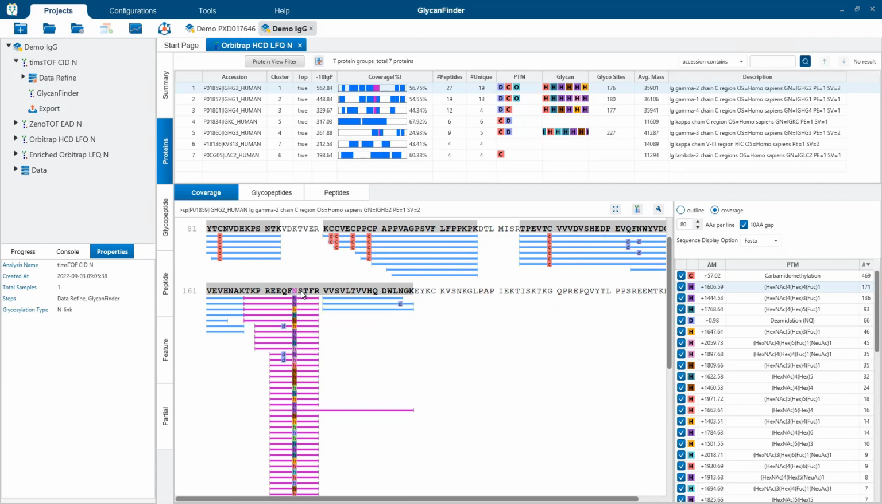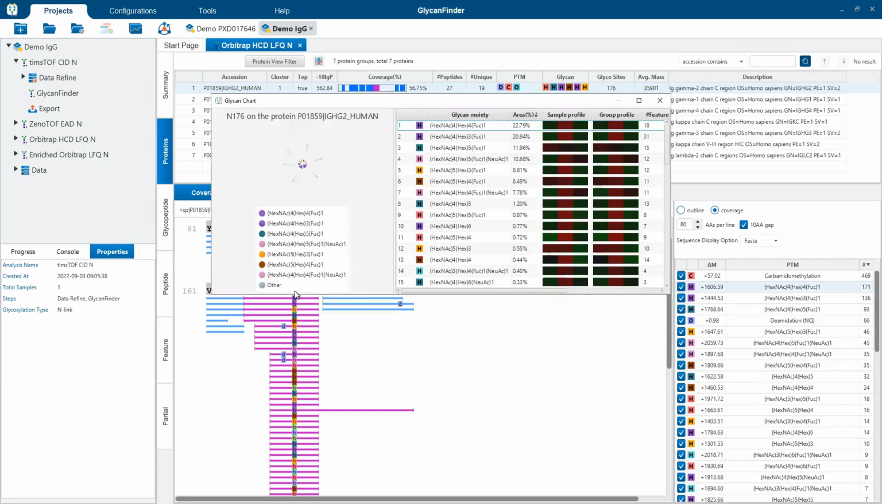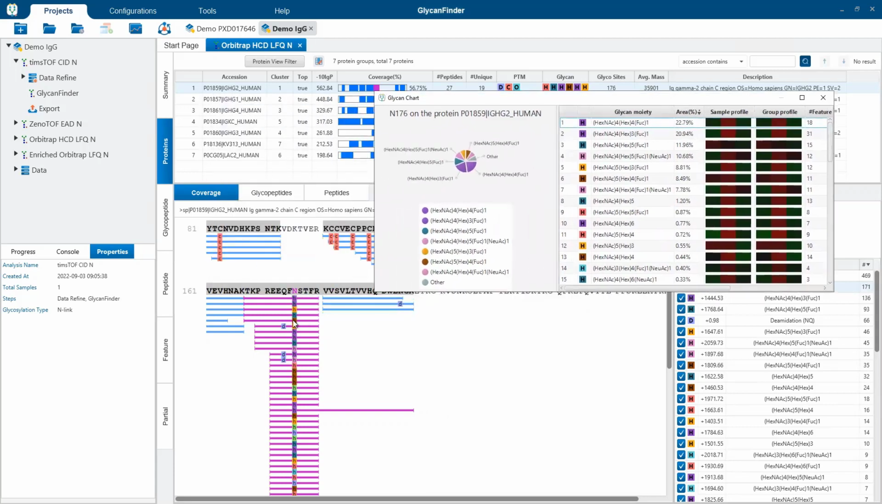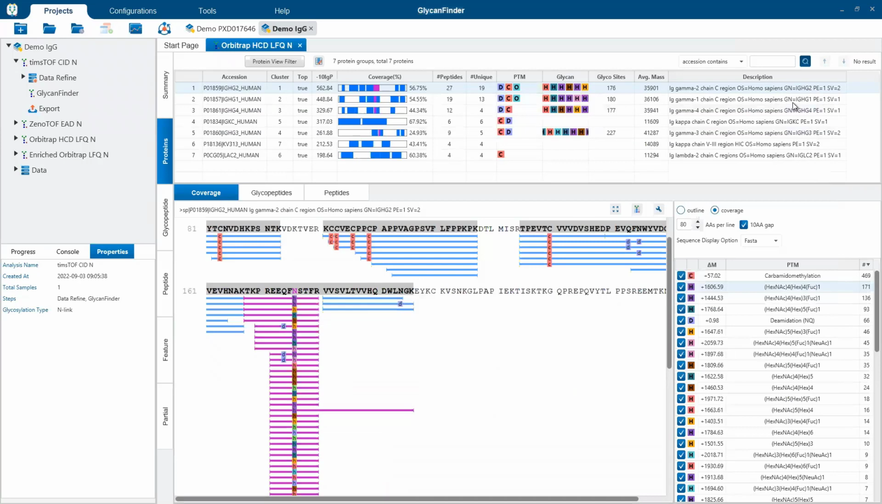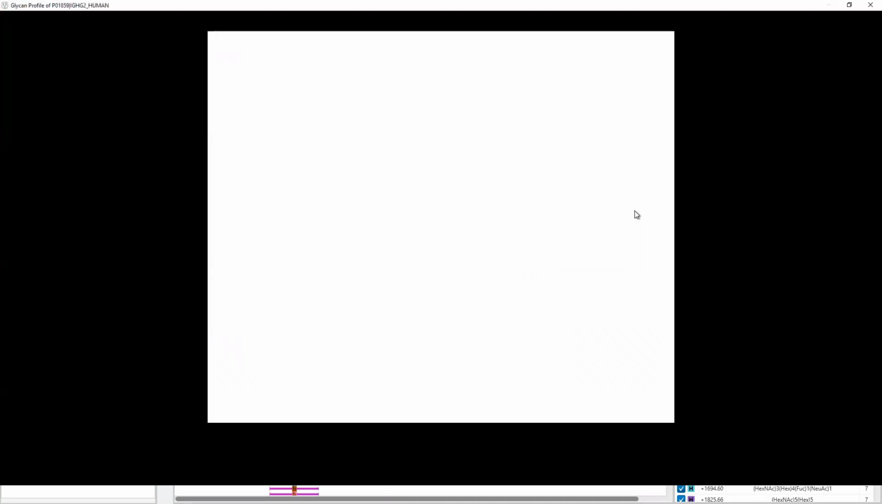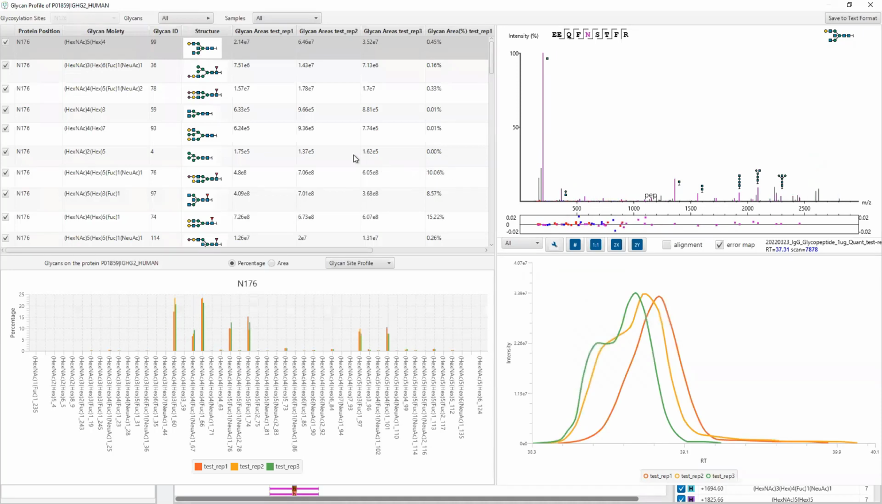And some nice tools that are slightly hidden, but if you click this button here, if you actually click on the amino acid where the glycan attaches, you get that pie chart where you see, out of the total area of all the peptides that are matched up to this, which glycan compositions are most abundant out of the total. Then you click this button up here in the top right, glycan profile, and that gives you this view here